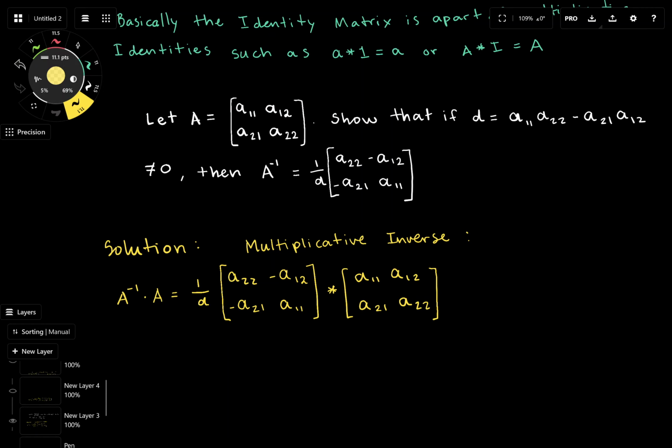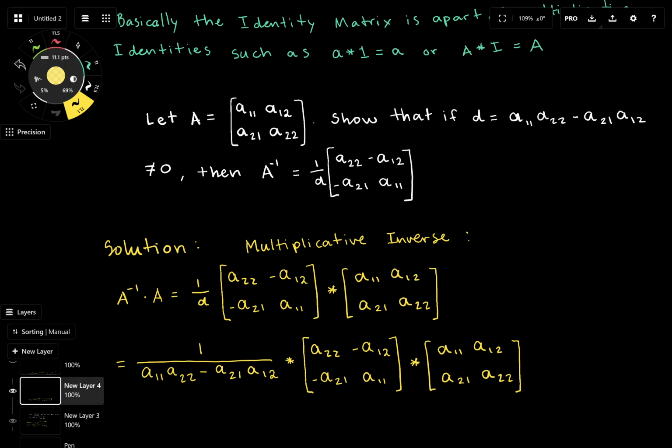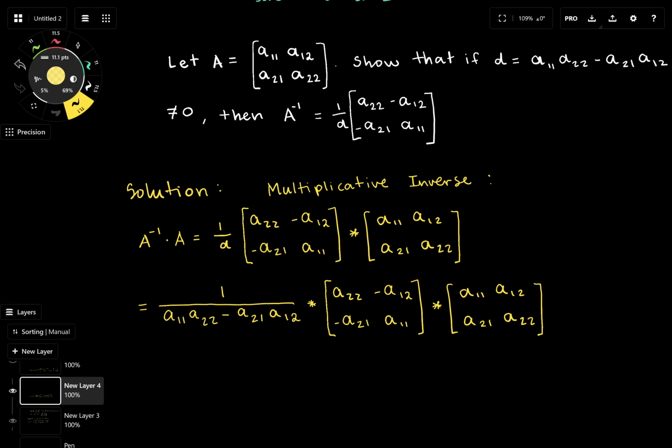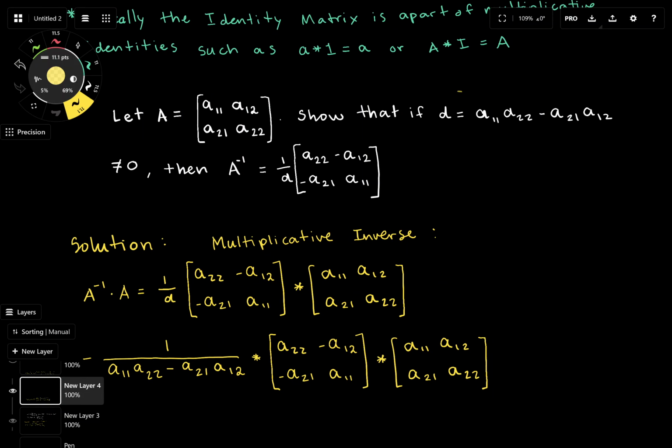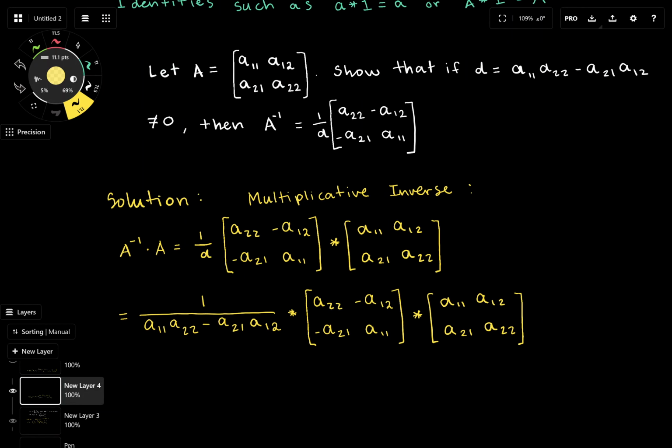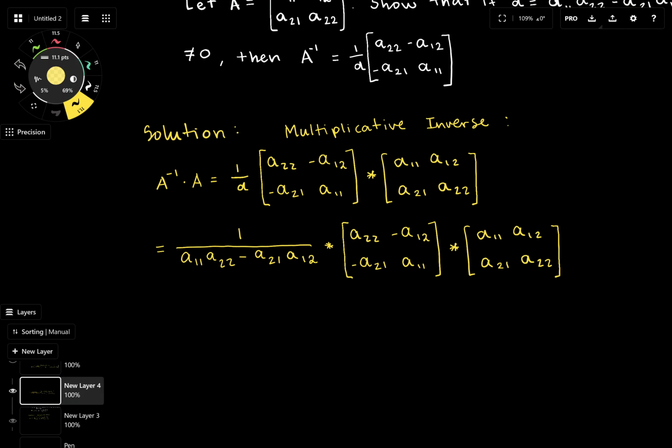And if you multiply this out and fill in for D here, let's not go through that step right now. Let's go with multiplying these two matrices together. That will lead to